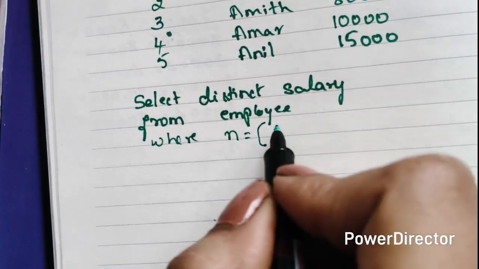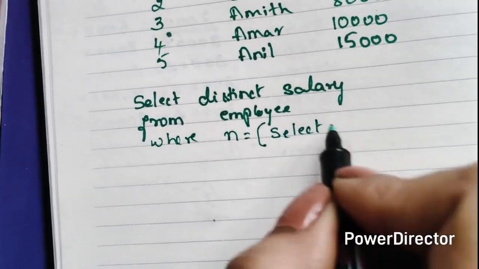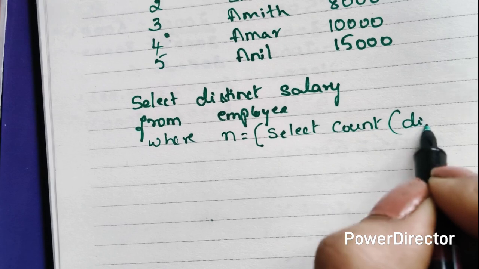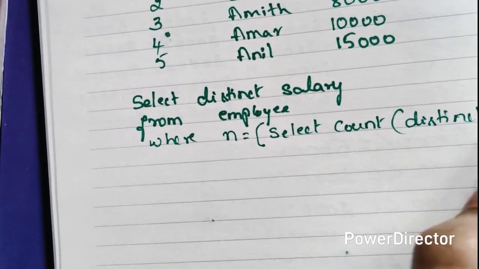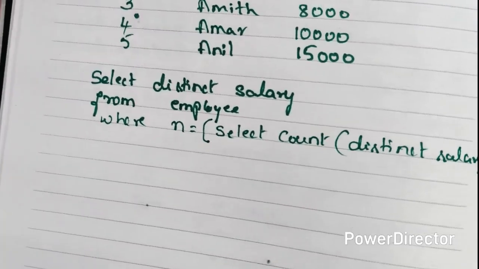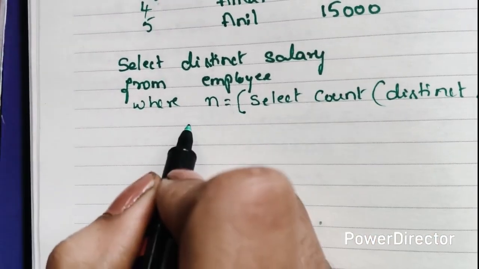Inside this, I am writing an inner query: select count of distinct salary, count of distinct salary from employee table,